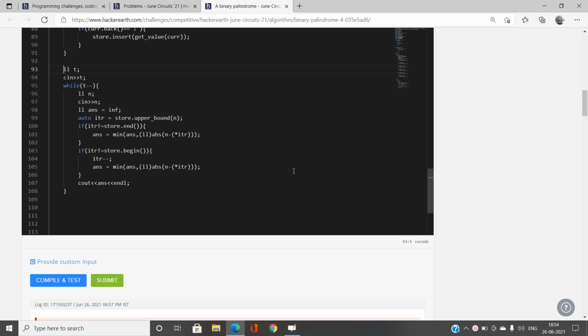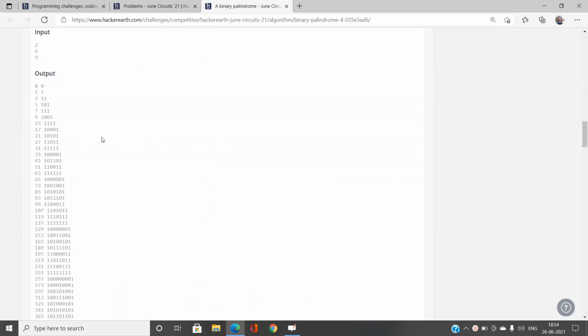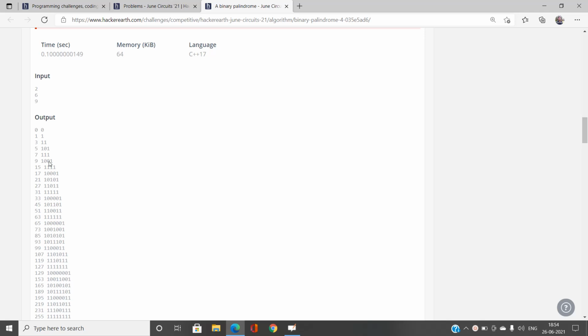I can easily do that by finding an upper bound. If we try to find the minimum number of operations to convert, let's say, the number 13 to some binary palindrome, you can see what the values around 13 are. The binary palindrome 15 is coming just 2 after 13, and the binary palindrome 9 is coming just 4 behind 13. That's what I am going to do.